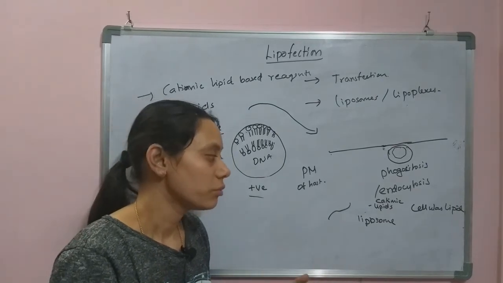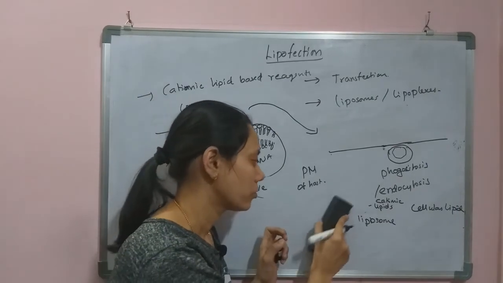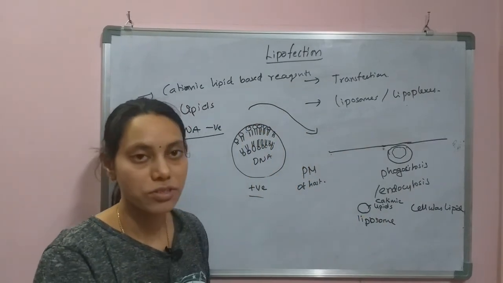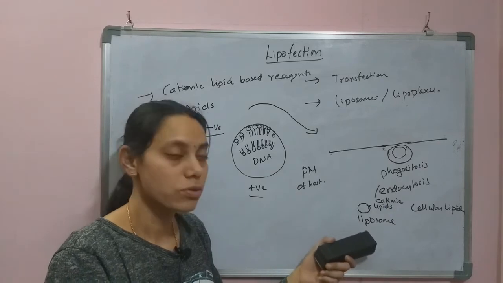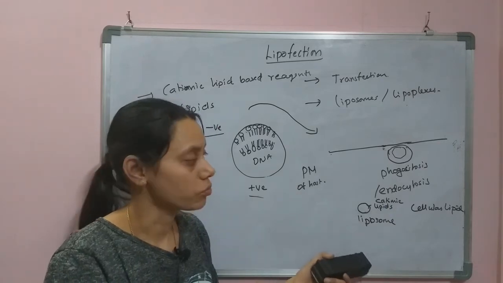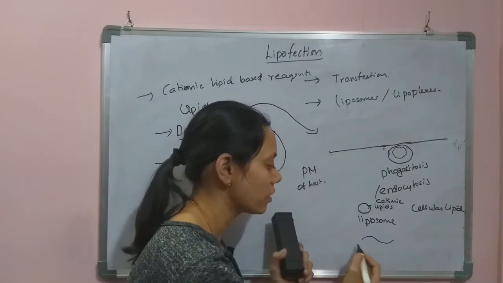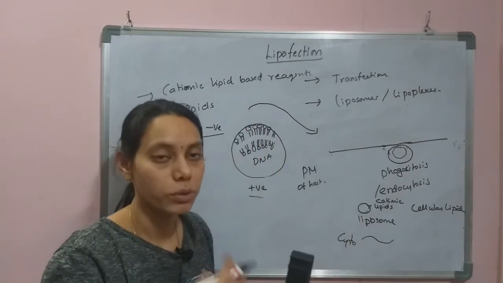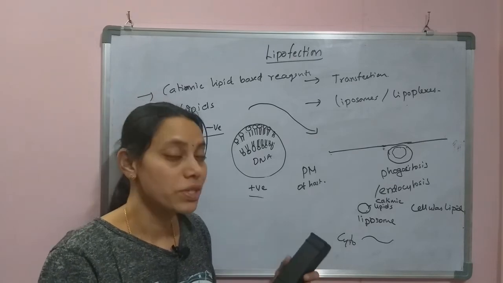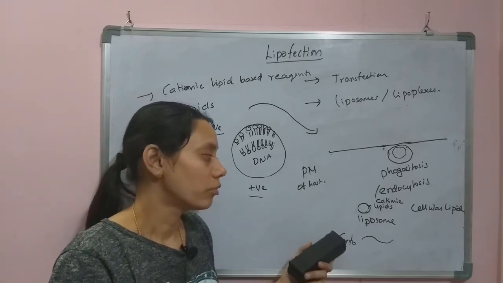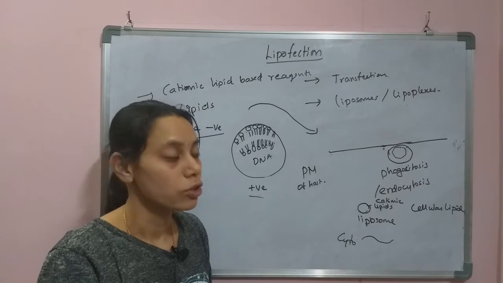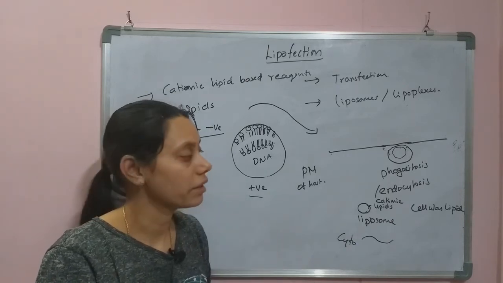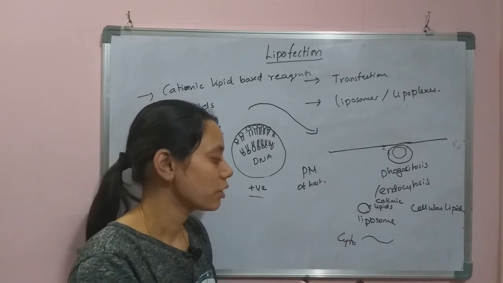And the other method is that the cellular lipids will neutralize the charges on the lipids present on the liposomes to deliver DNA inside the cytoplasm. So either these will be reactive, or otherwise cellular lipids will be reactive with this liposome structure, so that the liposome structure will be destabilized and the DNA will be released into the cytoplasm.